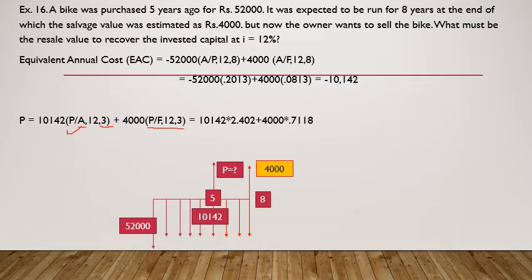And when you convert that using the factor values from the factor tables, I get 27,233. This is the minimum amount that I need to sell the bike at t is equal to 5 itself and justify the resale. If anything is sold less than this, it's a loss for the owner. If it is sold more than that, then it's a profit for the owner. This is how I can justify this, and this is quite a common case in most of our life.